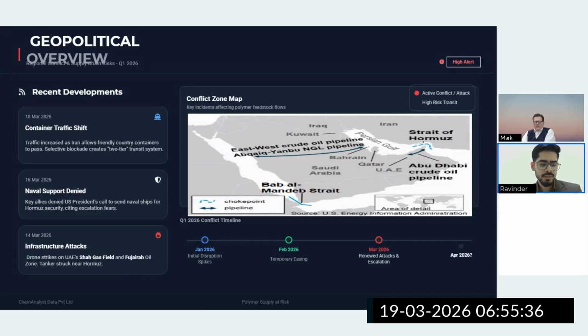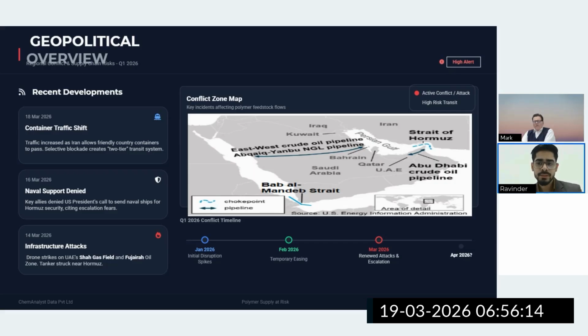Like we used to see, if I talk about just in India, we used to see RIL, that is Reliance, and other manufacturing companies that used to increase their prices on a bi-monthly basis, like in a fortnight basis, by around 1,000 or 2,000 rupees per metric ton. But now they have started revising, like RIL has increased polypropylene prices by 18,000 per metric ton within a week. That is huge because they never used to do the same thing before.